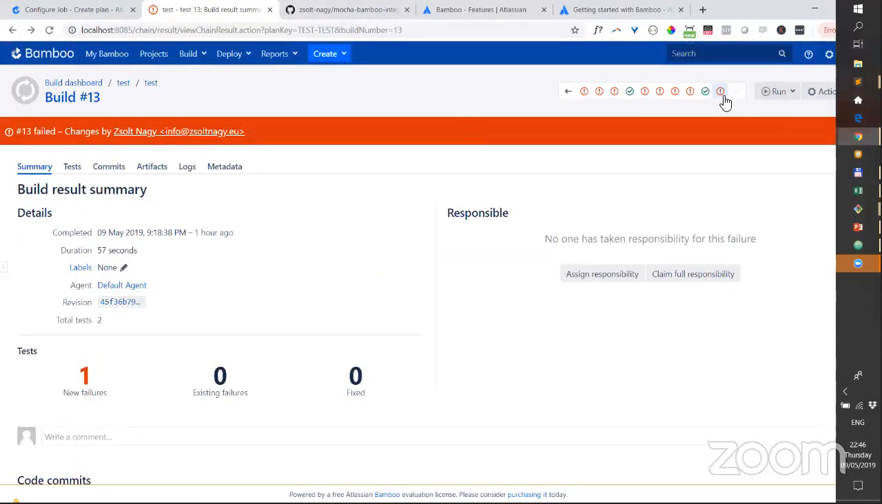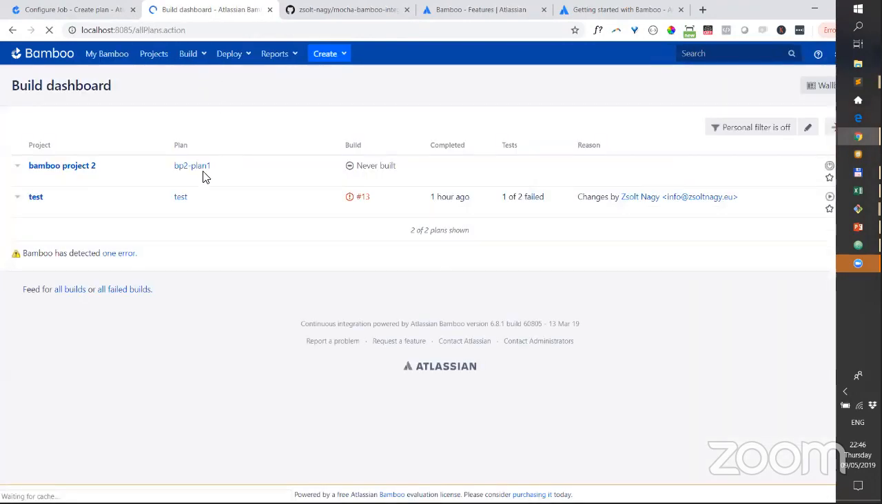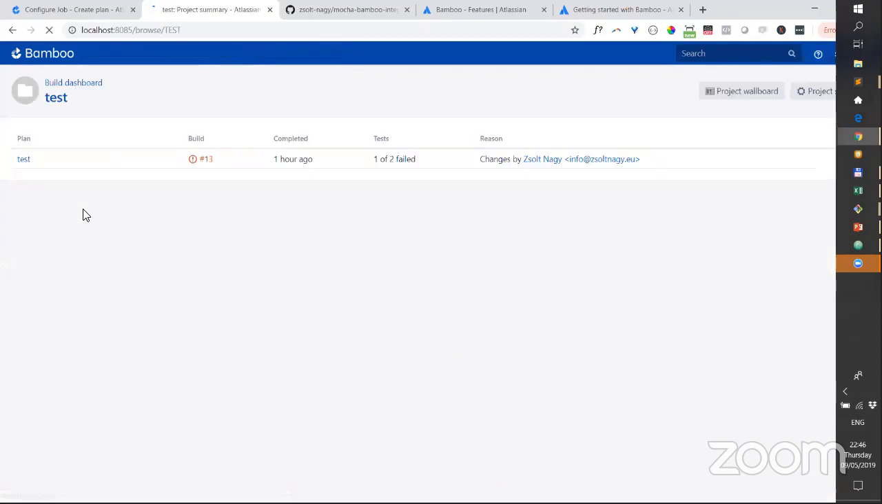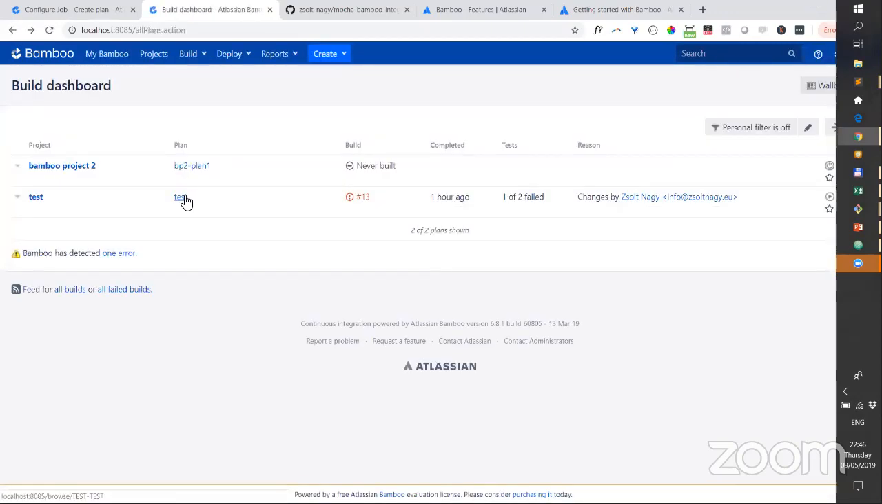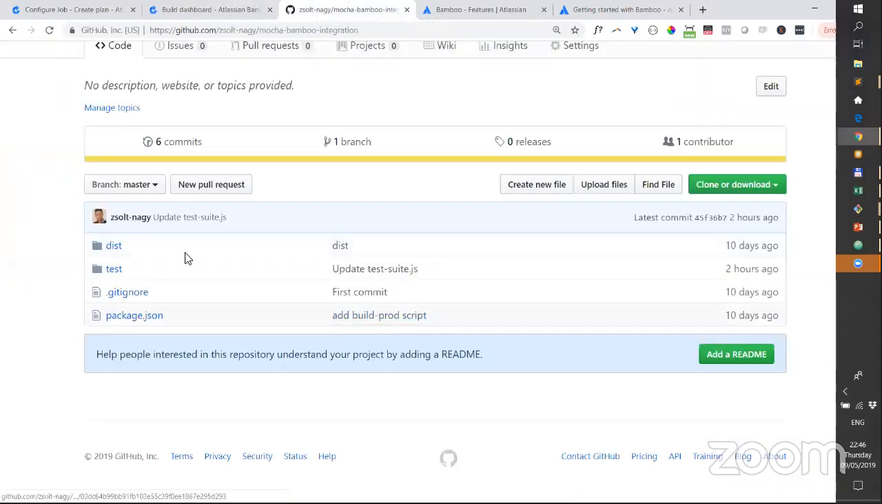So here we have build number 13 in all build plans. Let's go to build. So we have build number 13. That's the latest build out of all the possible builds. We can have more than 13 builds, obviously. What I'm going to do is go in the test folder,